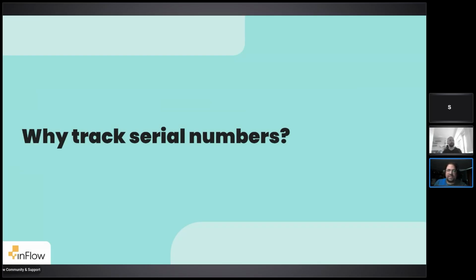There's never more than one. Is that correct? And that is correct. Yeah. Your serial number itself should be unique per product. Now, again, across different products, so you could have